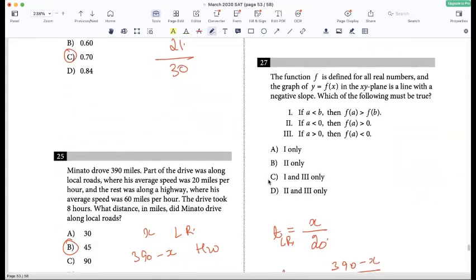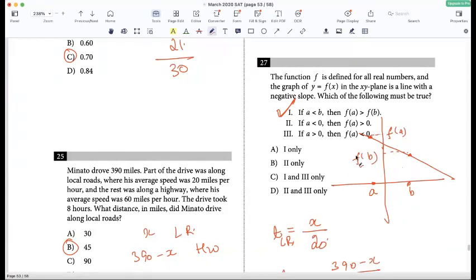The function f is defined for all real numbers, and the graph of y equal to f(x) in the xy plane is a line with a negative slope. Which of the following must be true? Line with a negative slope is a falling line. Okay. So if a is less than b, then f(a) is greater than f(b). Yeah, this will always be true, because if it's a falling line, then f(a), which is here, will always be